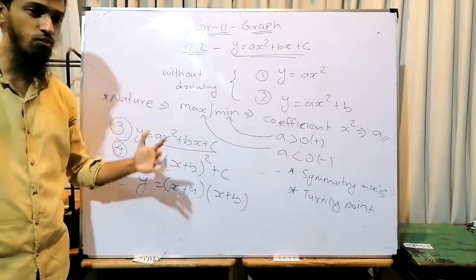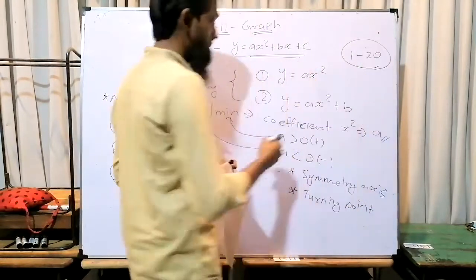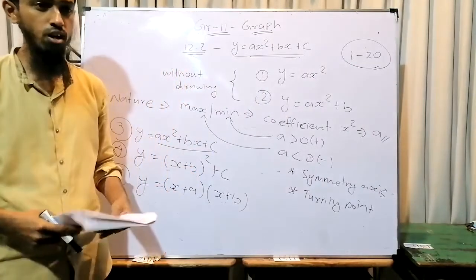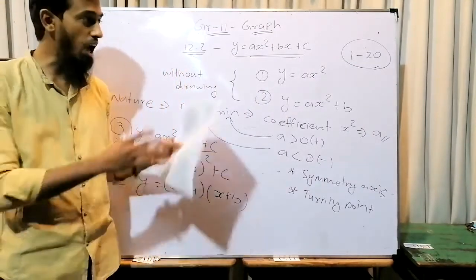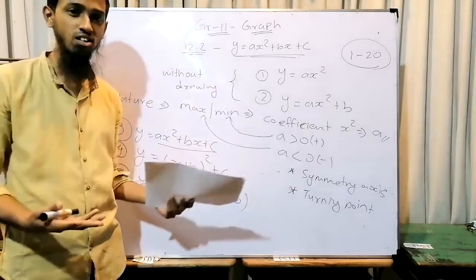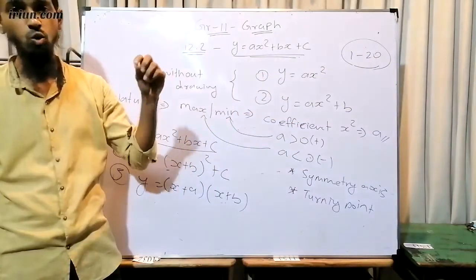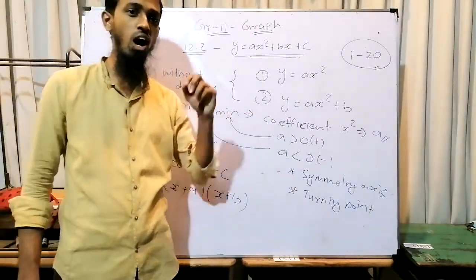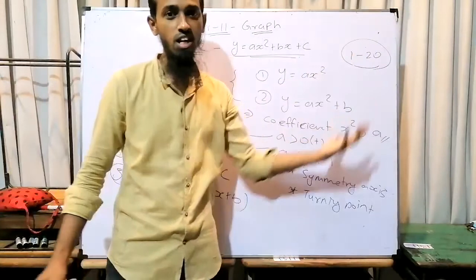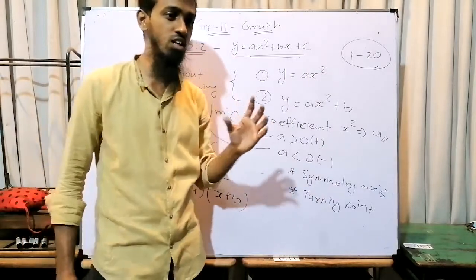Then we are going to draw the graph. In the graph lesson you can categorize all the questions between 1 and 20. In your exam paper they can ask some questions, and in the graph lesson we can categorize all the questions they are supposed to ask. Under 1 to 20 we are going to study each and every question, and how to answer those questions. Out of these 20, they can't ask a question in your examination. That is the main plus point in graph.